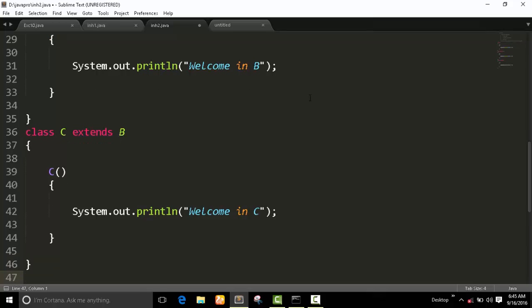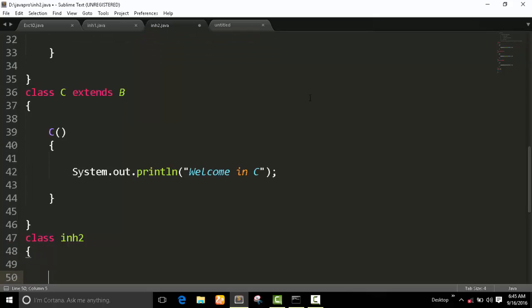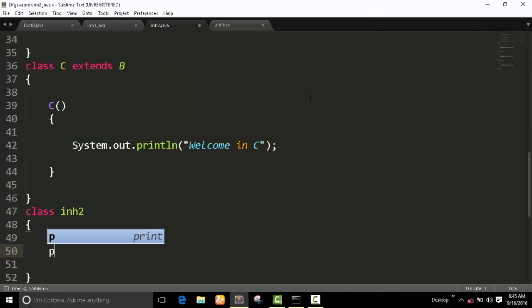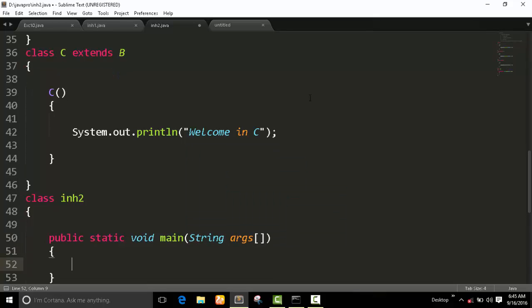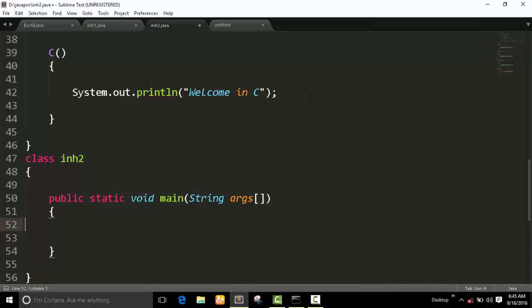Got it? Now I create the inheritance class with one method. It's called the public static void main method. In this method, we just create a C class object, and automatically